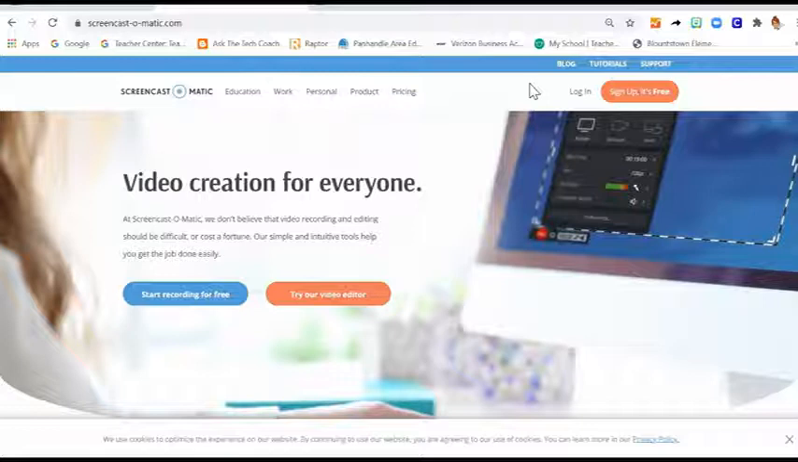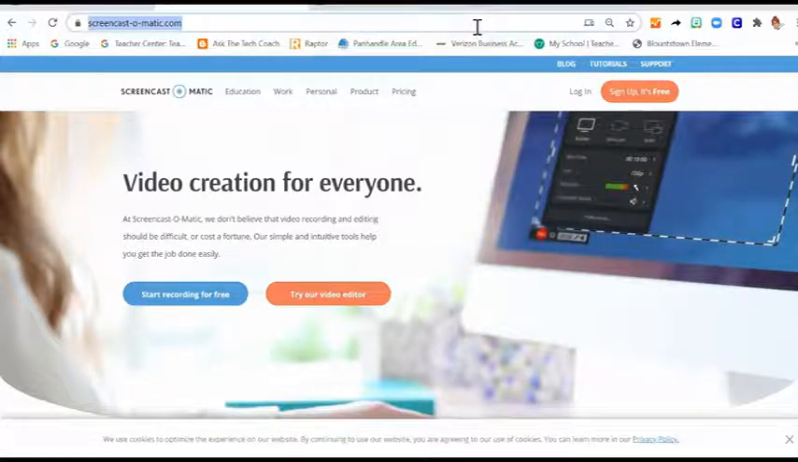But before you can access your Screencast-O-Matic account and use your license, you have to sign up for a free account. So if you just click on sign up, it's free. Click on that and create your account with your school email. Okay. All right. Once you have done that, then you are going to go to